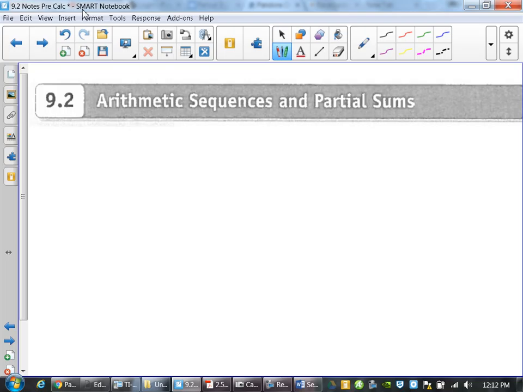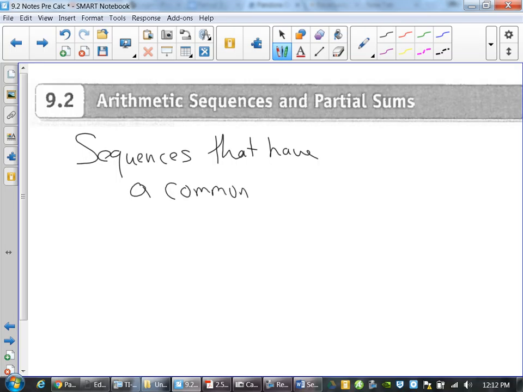Arithmetic sequences are sequences that have a common difference. Basically, that means you're either adding or subtracting the same amount each time you get to the next number. These are a lot easier to work with than the ones where you have to go